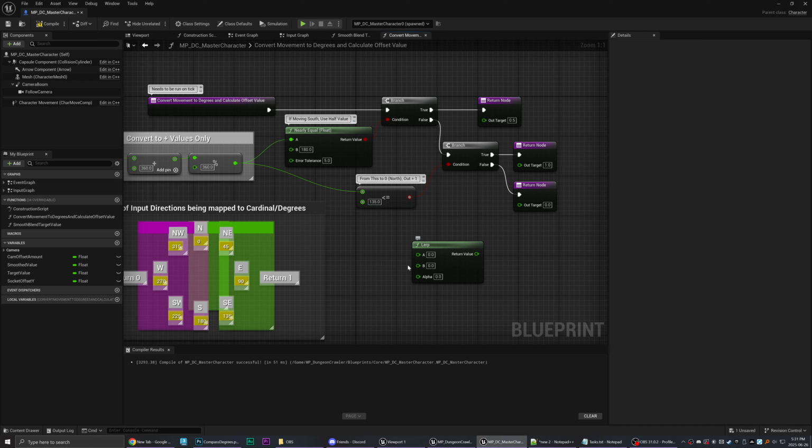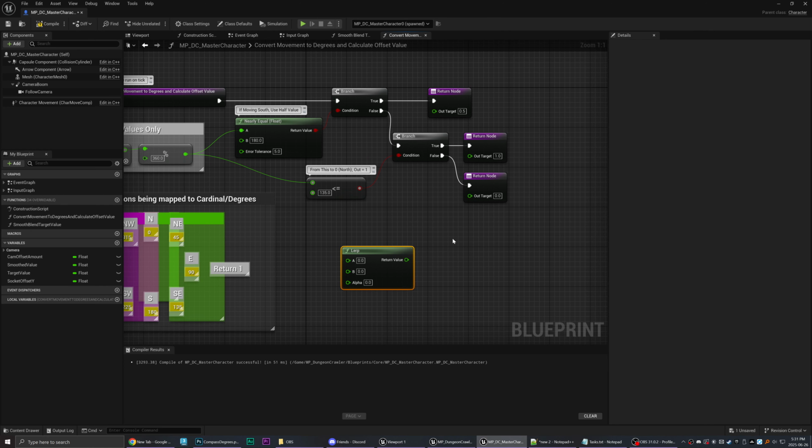But as soon as I let go, it snaps instantly back to 0. It doesn't blend back to 0. So you can't use a lerp. If you wanted to use a lerp, you would have to set up a timeline or timer event, and it just gets really, really messy.